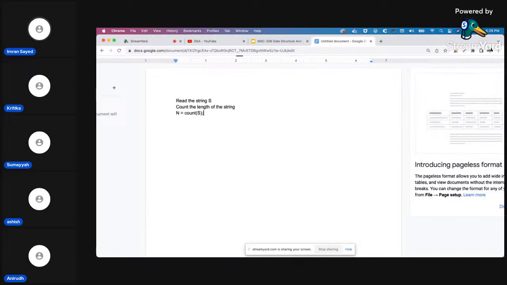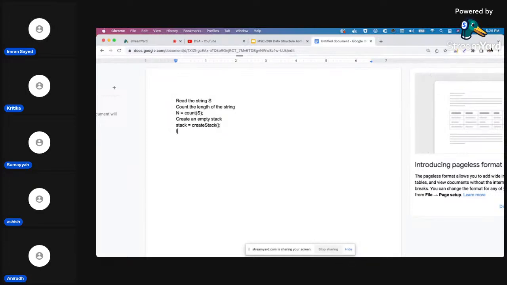Is it the count function that counts the length, or is it some other function? Somebody check. It's different in different languages, so it can be length or something. Okay, no problem. So we got the length, and then we create an empty stack. That will be stack equals, not S. Create stack,